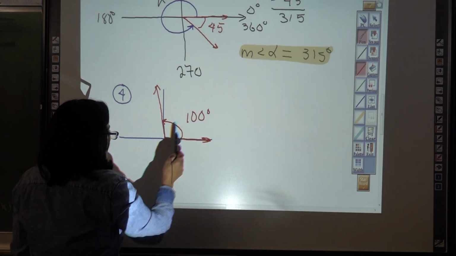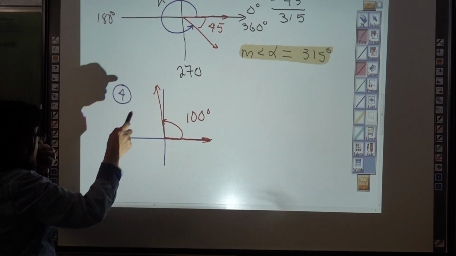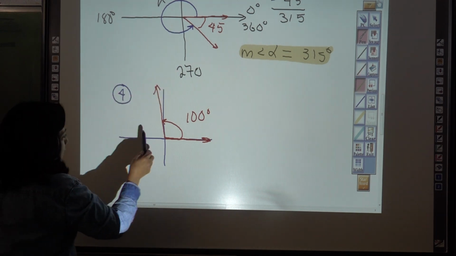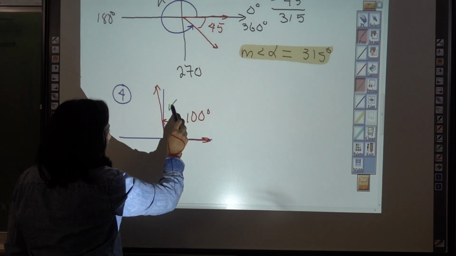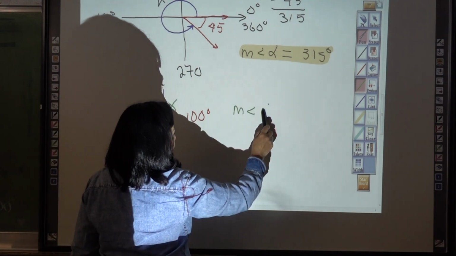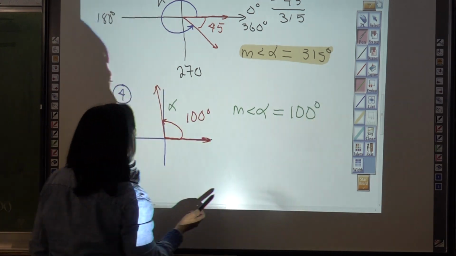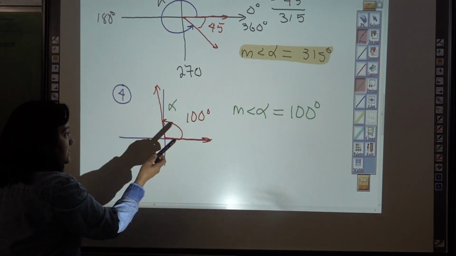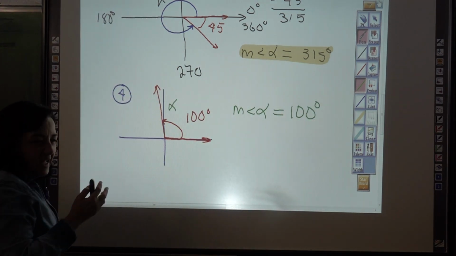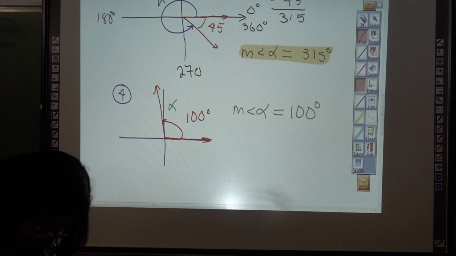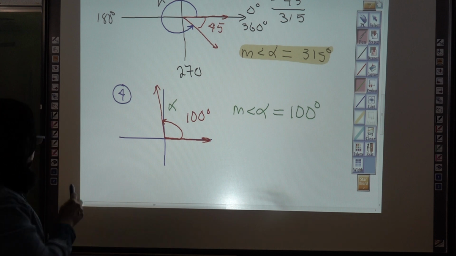100 degrees. Or you can repeat the format that I gave you before. You can label this alpha, and you say the measure of angle alpha is 100 degrees. It goes all the way until here. It's 90 plus 10 more. It's a sketch. They're not telling you to do it perfectly. Fine. Now let's say, for example, number 10,